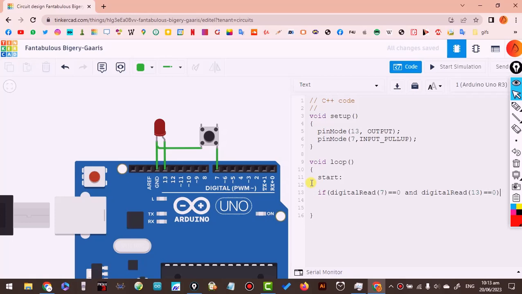That means if I press the button and the LED is off, then put brackets and button1, another label,